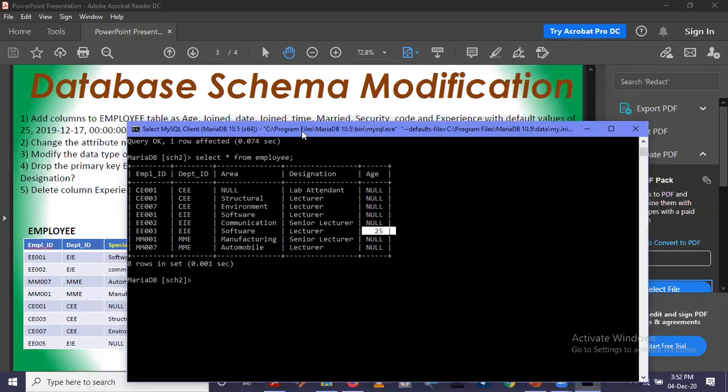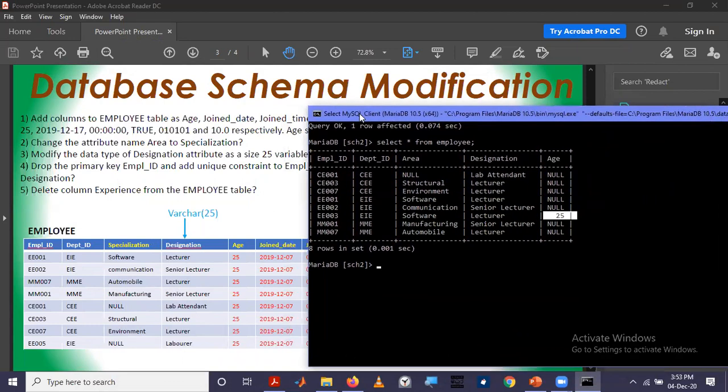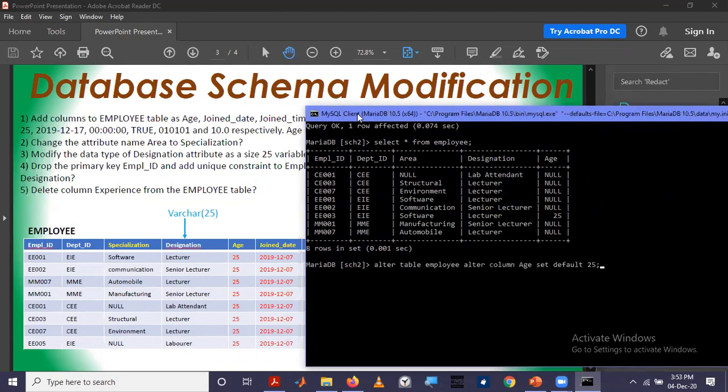Okay, so now we'll continue the rest. To get practice, even though you can move with the arrow keys, I recommend you type each and every command from the beginning. So what we are going to do now is add this column. So how are we going to do it? ALTER TABLE employee ADD COLUMN, and the name is join date.